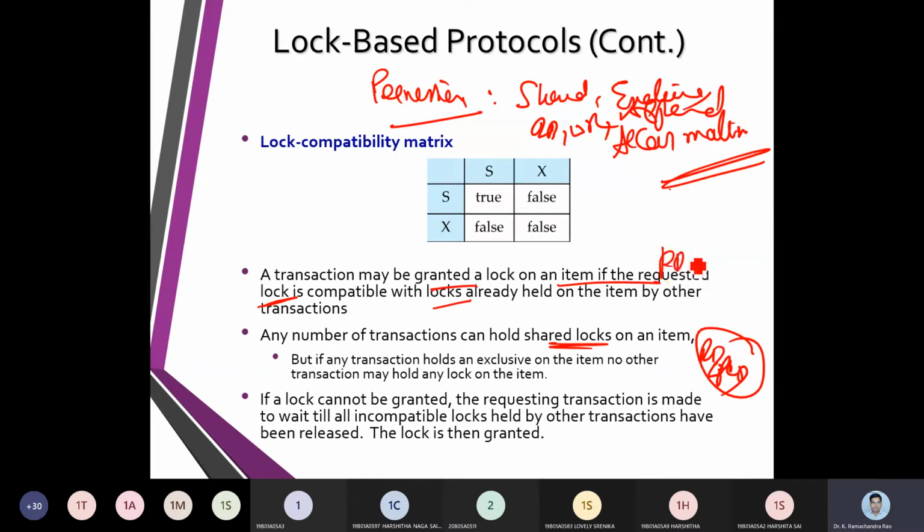There should not be any read and write, or any write and read. These operations are generally disqualified. So we need to put some permissions on the database. Whatever permissions we make, that list is maintained. We call it the lock of the granted item.